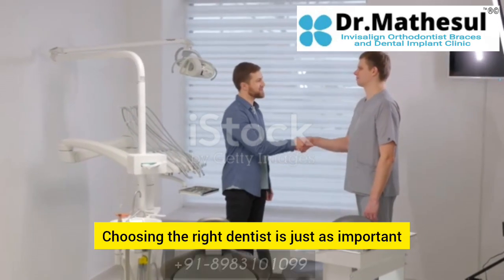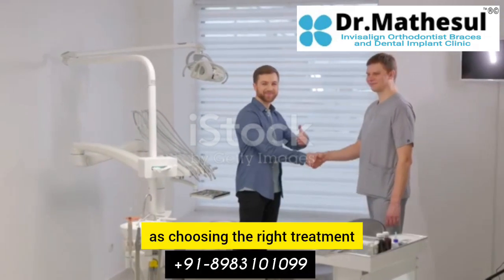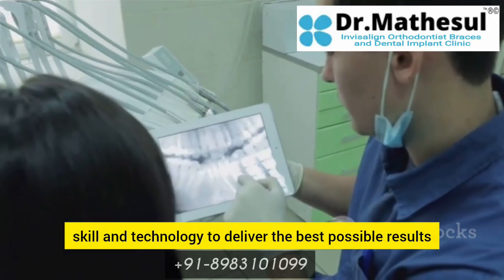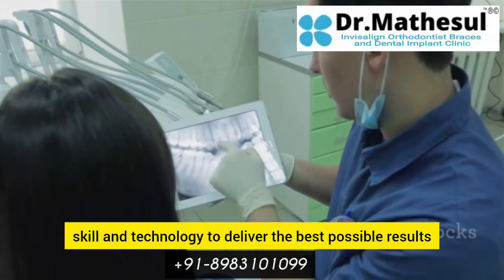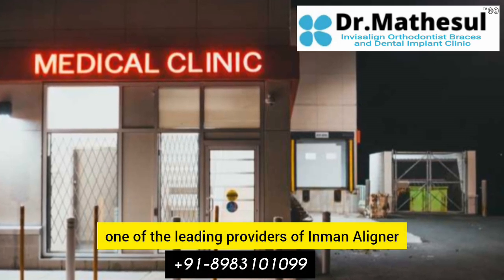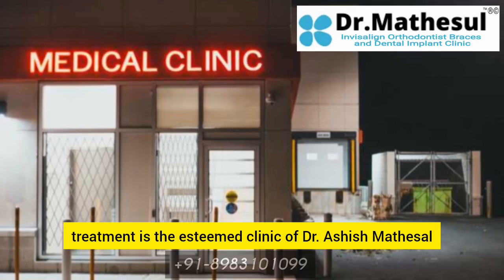Choosing the right dentist is just as important as choosing the right treatment. You need a practitioner with the experience, skill, and technology to deliver the best possible results. For those in or around Pune, India, one of the leading providers of Inman Aligner treatment is the esteemed clinic